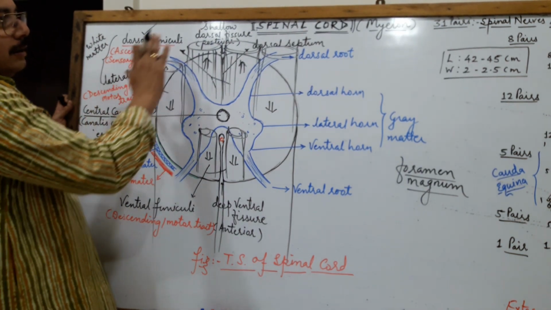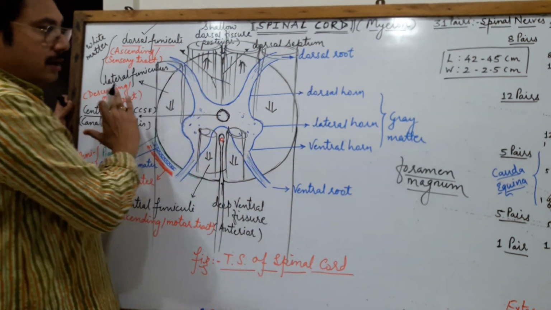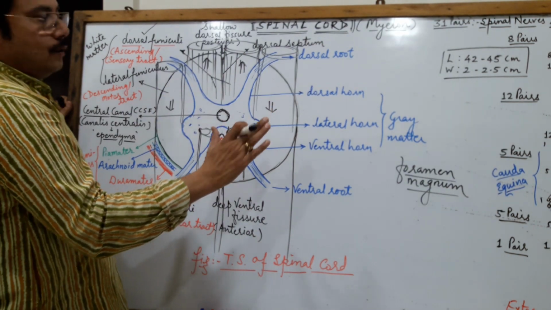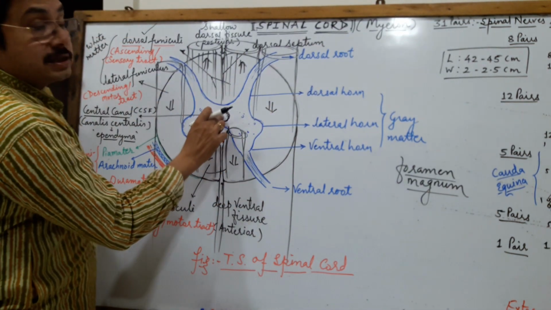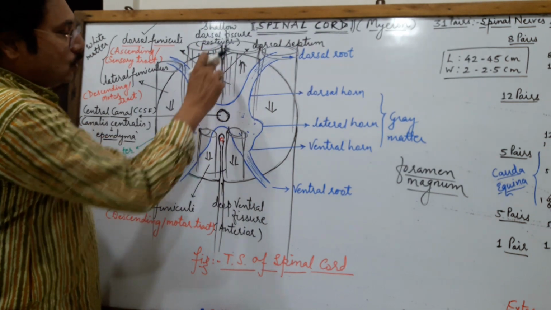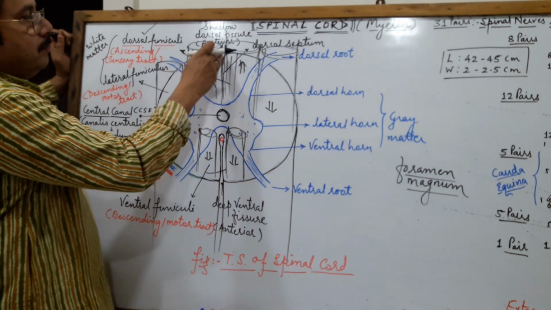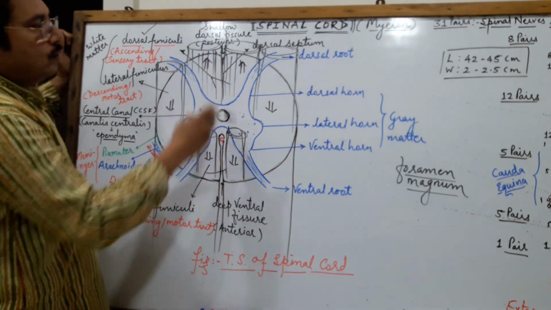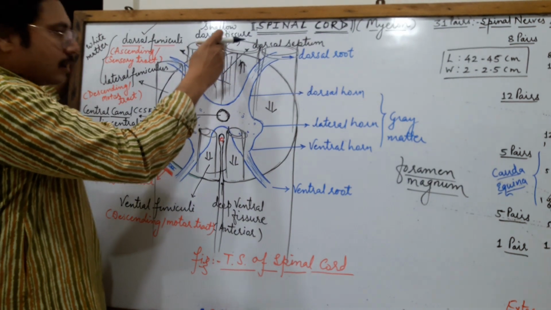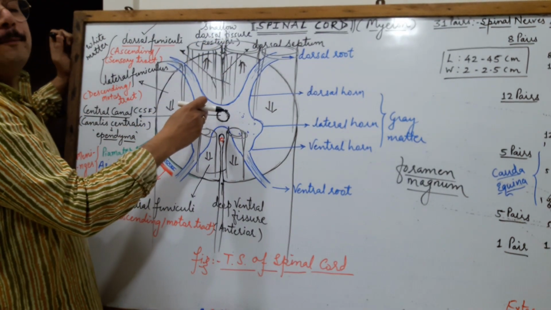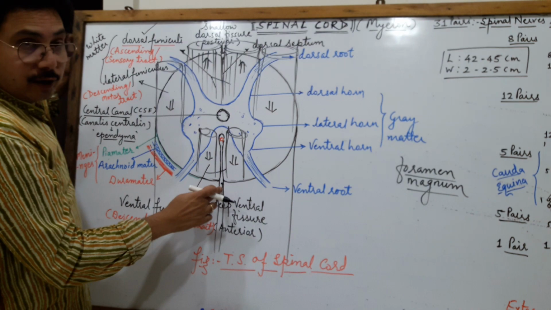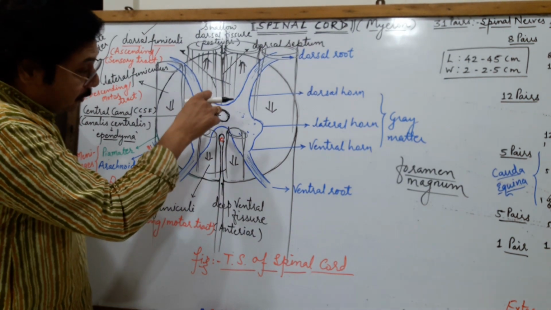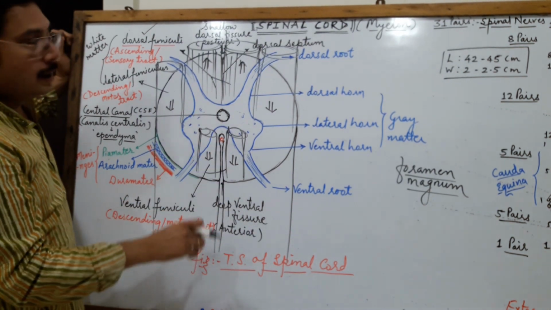So in this way, this spinal cord in a transverse section is slightly flattened, with a central canal and 2 grooves, exactly the mid dorsal and the mid ventral groove. The mid dorsal groove is shallow, continuing as a thin septum of fibrous connective tissue, while the ventral groove is a deep groove, providing the passage for the blood vessel.